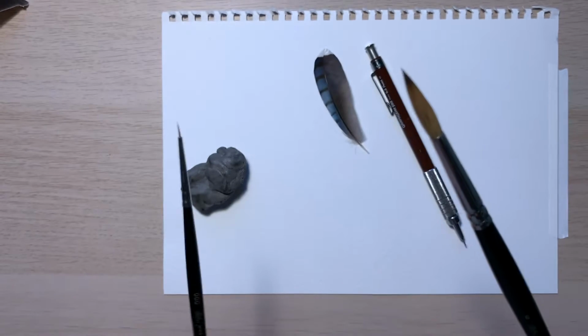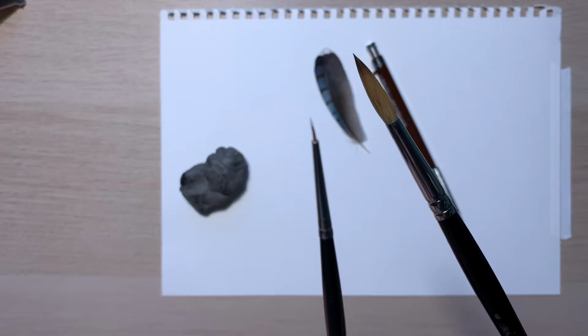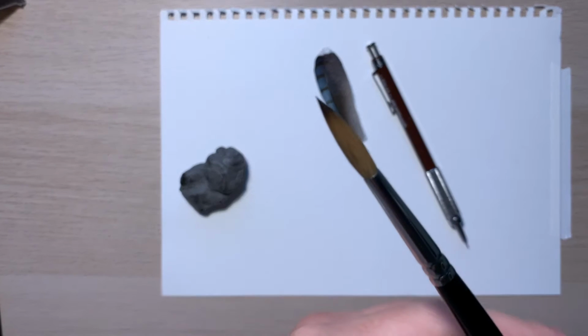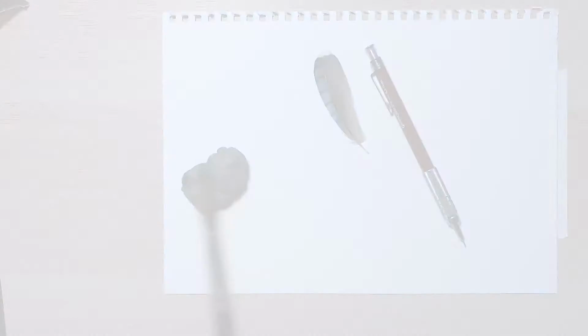Sometimes, however, I want to go even finer, and so I'll use the 000 brush to get that level of intense detail. But any natural fiber brush in general should be a good starting brush for watercolor, and it's always nice to have an assortment if you can afford that. We'll need